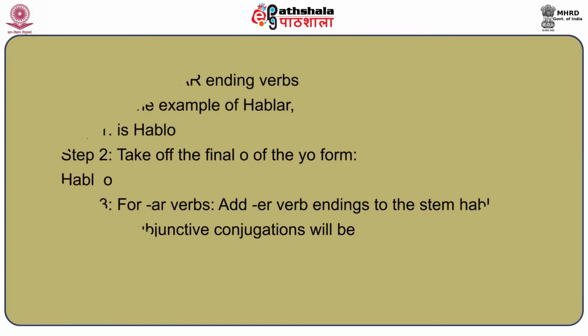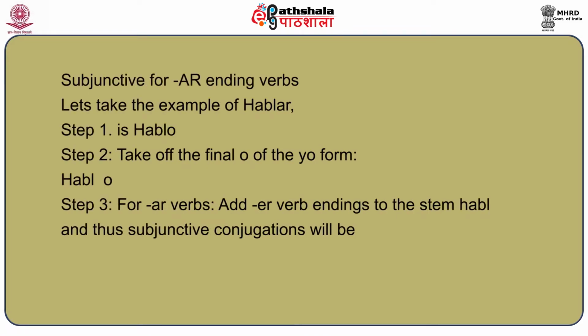The subjunctive form conjugations for AR ending verbs can be formed by following three steps. First, take the AR ending verb, for example hablar. The first, yo form conjugation is hablo. Second step is to remove the final O of the yo form. And third is to add the ER ending verbs' endings to the stem habl, and thus subjunctive conjugations will be for